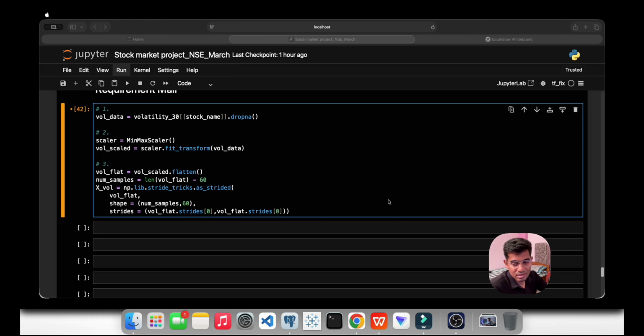So here we have used model.fit. First let's understand what dot fit does. So dot fit trains the neural network on training data. Internally, in each of the 15 epochs, it feeds batches through the network, calculates the loss, calculates gradients, and updates the weights. This happens thousands of times. Trust me, this happens thousands of times.